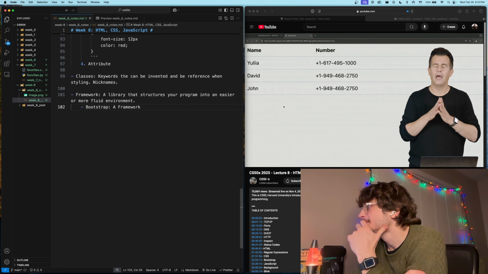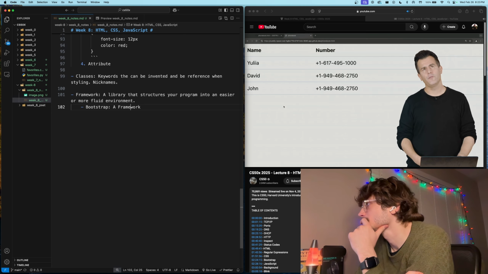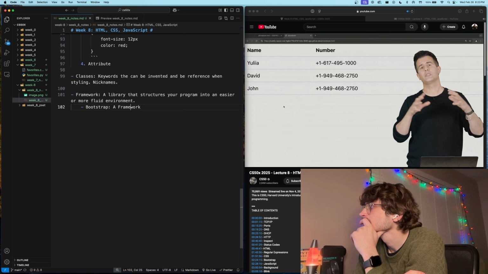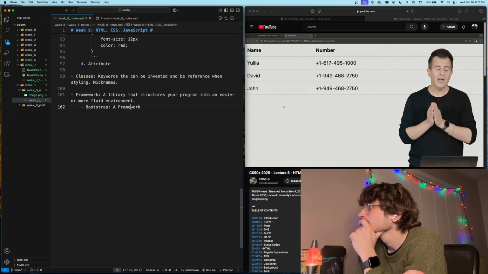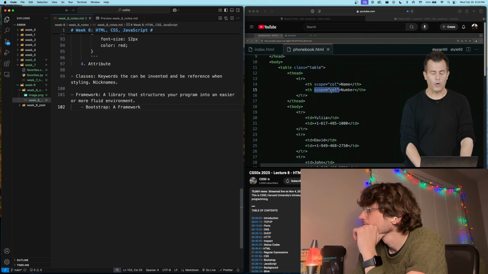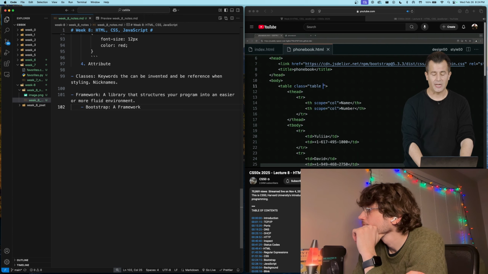It's nicer to look at, but you and I don't have to figure out how to adjust the white space, how to adjust the bold facing, how to adjust the font size, and all of that. The library takes care of that for you. Moreover, there's other features you can include here. If I read the documentation, it turns out that I can also add